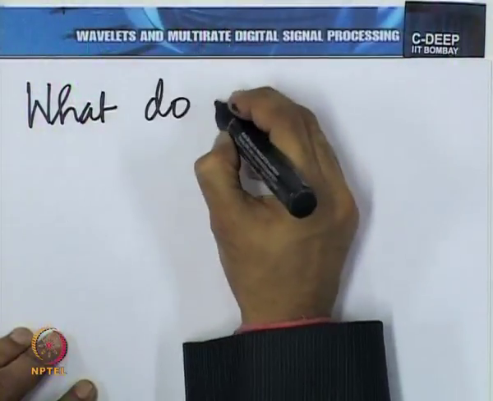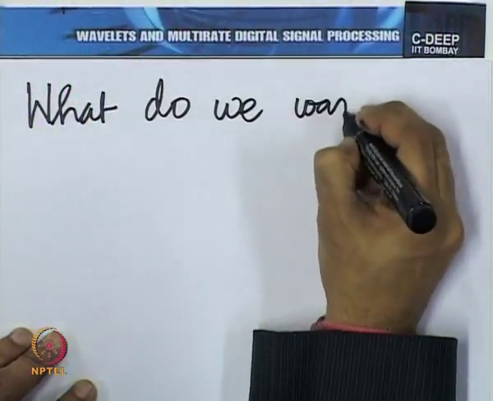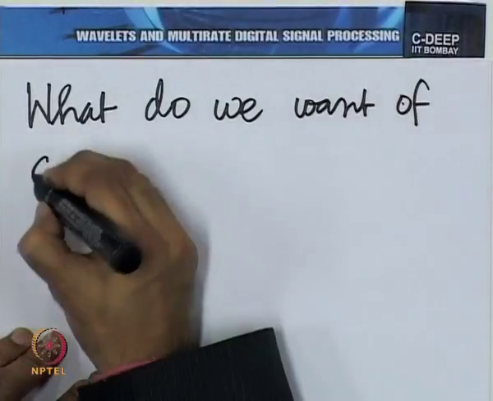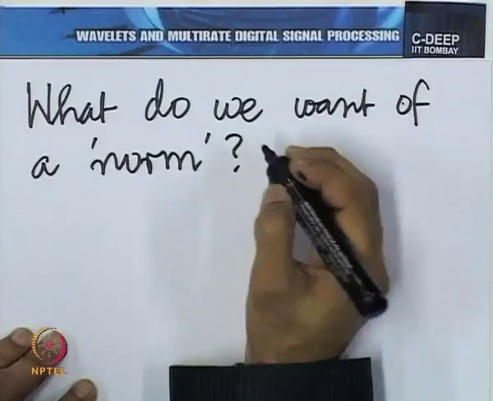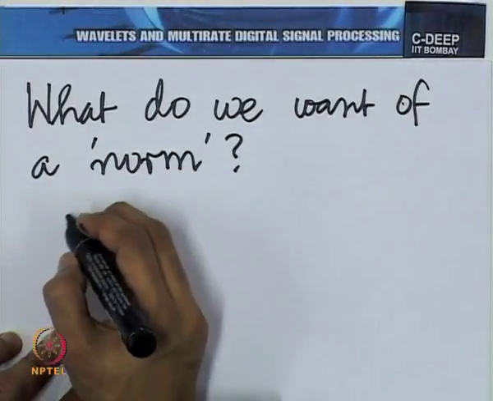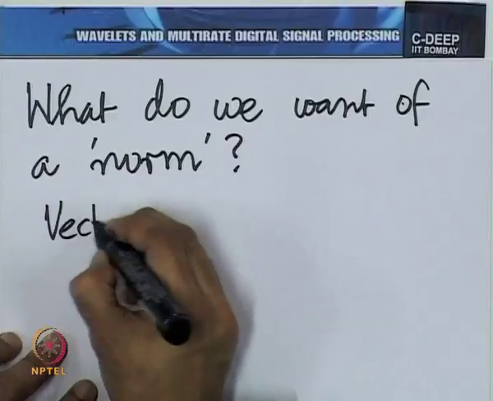So, there are the following things that we demand of this concept of norm or magnitude. Let us write them down. This is a useful and a powerful idea to have around us. So, what do we want of a norm? So, if I have a vector x,